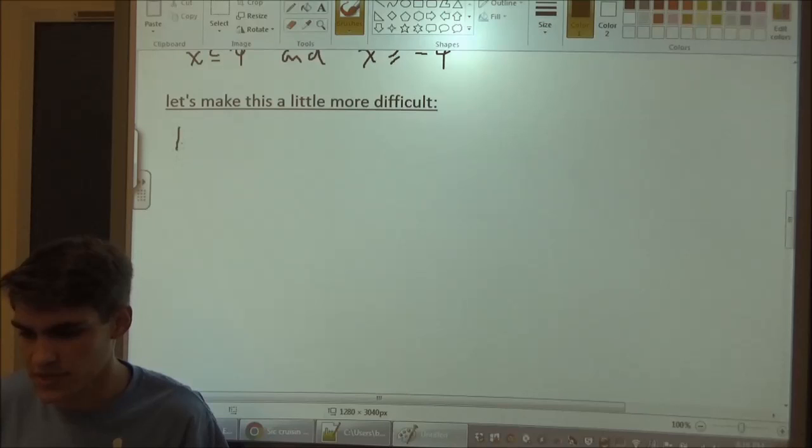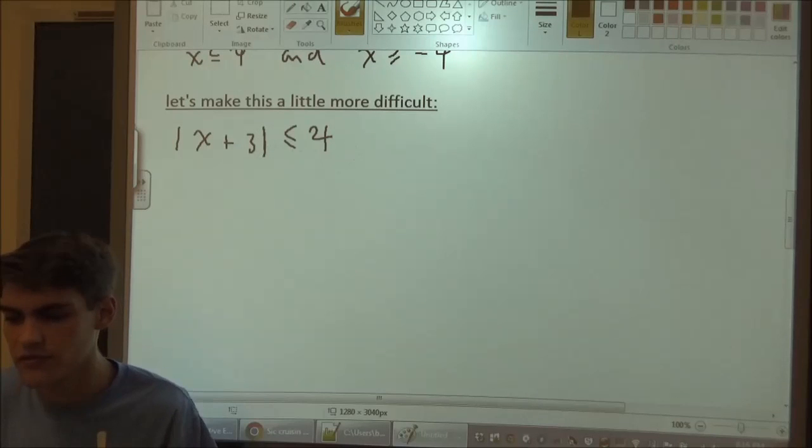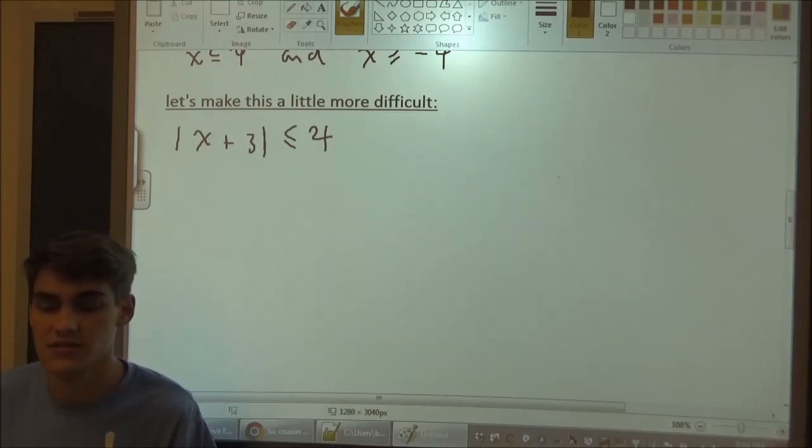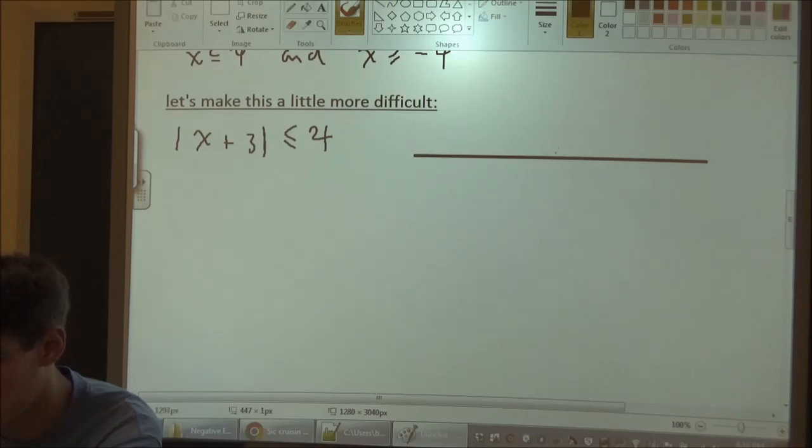Now what I'm going to do is put something else in the parentheses. Let's say 3. The absolute value of x plus 3 has to be less than or equal to 4. I know it must be kind of annoying for me to keep drawing these number lines, but